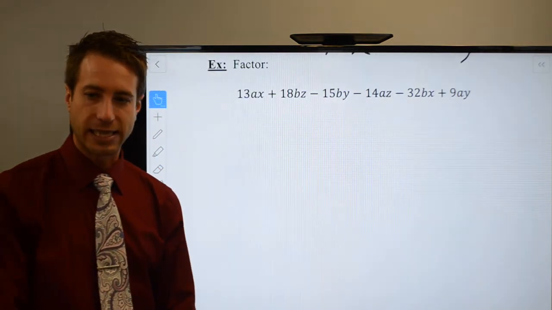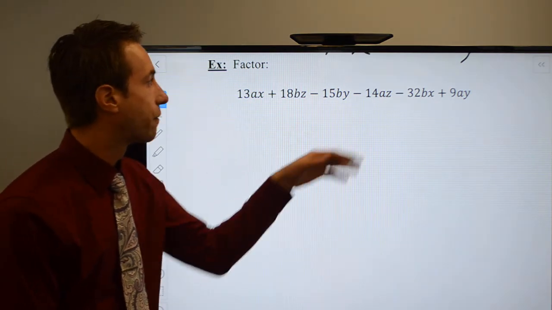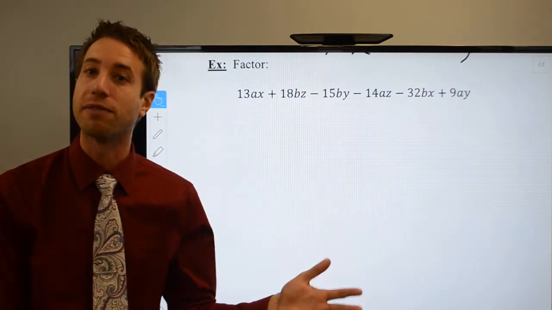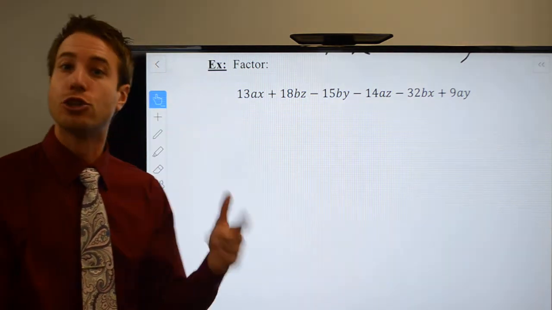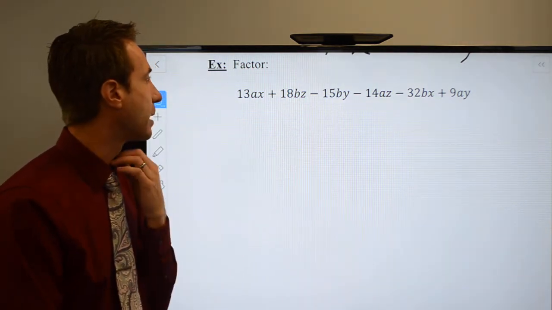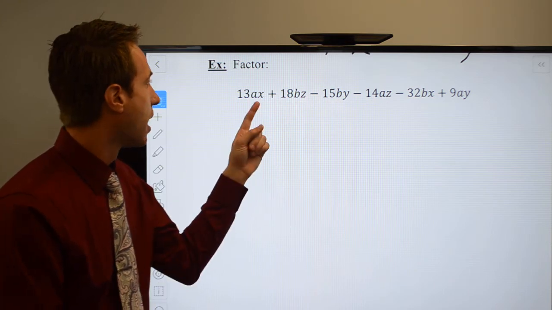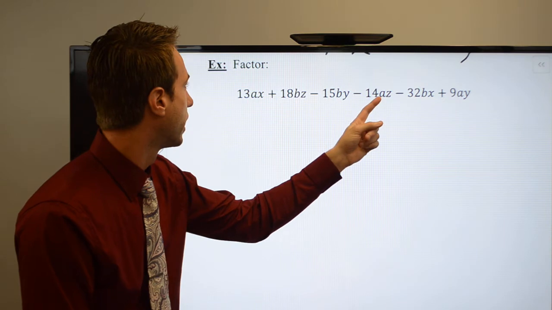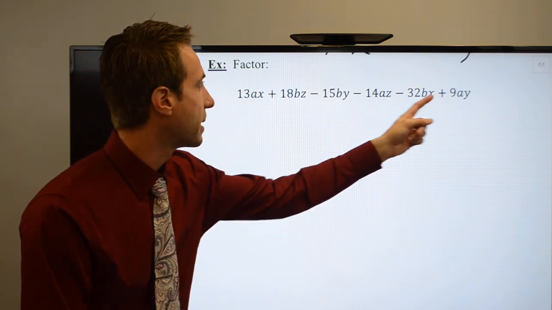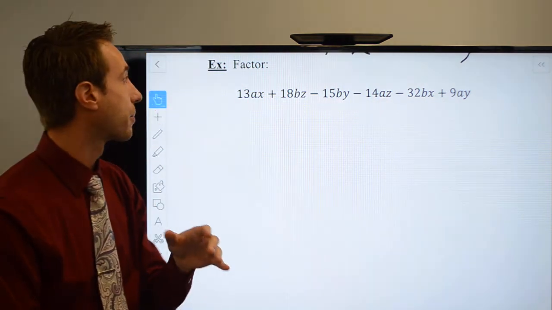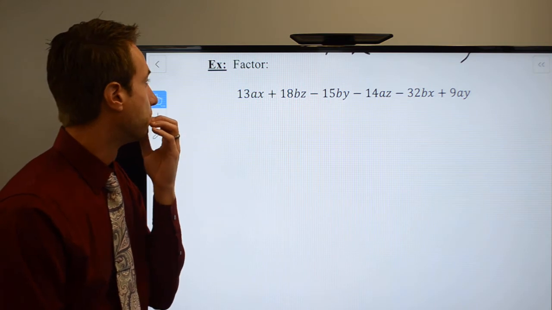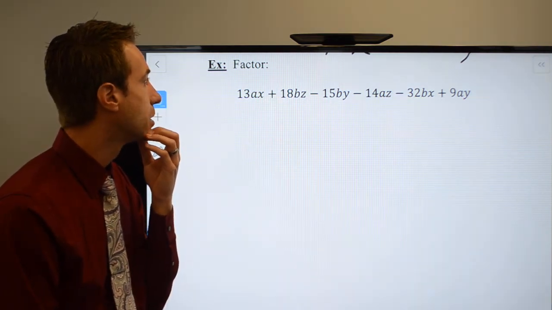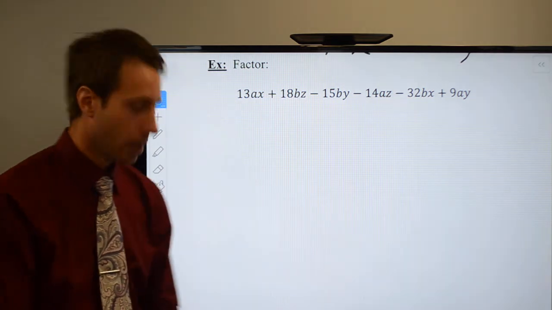I'm taking a look at this guy and looking for a GCF, which there is no GCF for all of these guys together. So we're going to go ahead and separate them up into factors. AX, BZ, BY, AZ, BX, AY. Okay, so it looks like I'm going to want to do maybe A's and B's. Yeah, we're going to do A's and B's. So 13